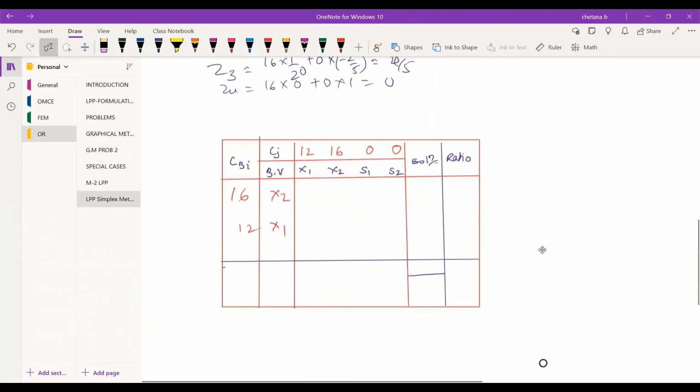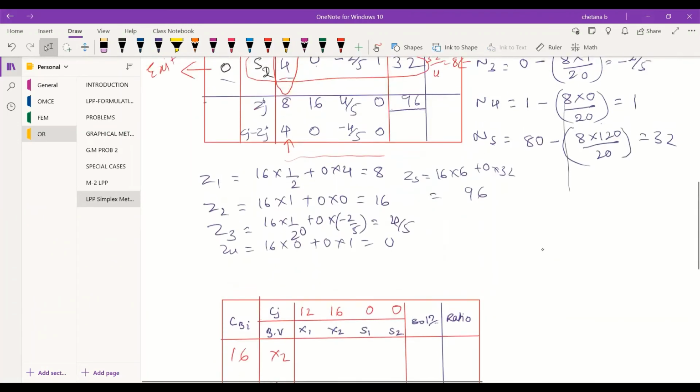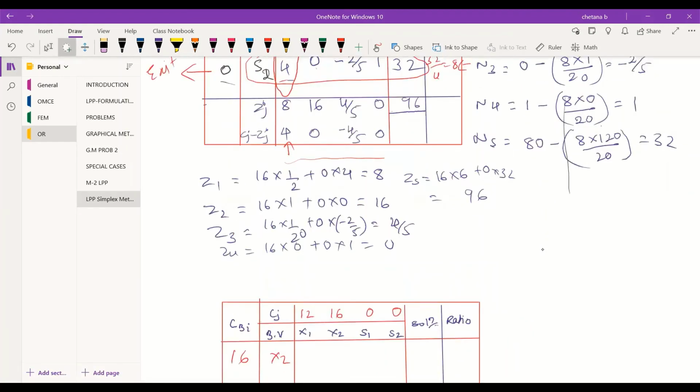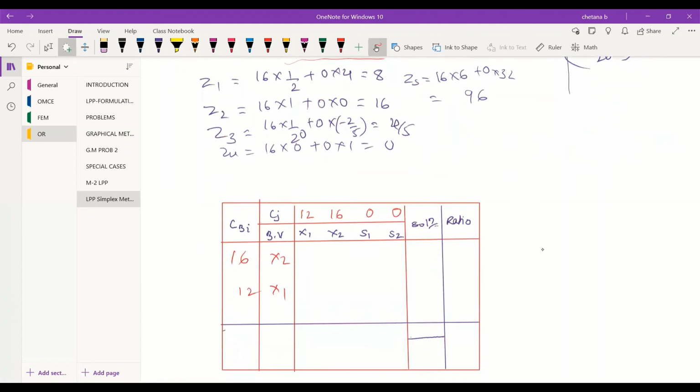Yes, here coming to the key row, key column, and key value. As you have S2 as the key row, you need to divide the key value with all these arrays. That is, 4 is the key value. Divide 4 to all these values. This is the first step. Okay, so when you divide, 4 by 4 is 1.